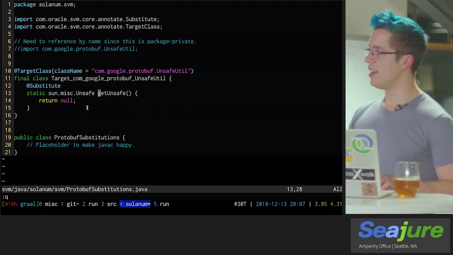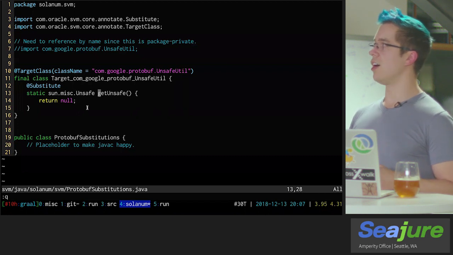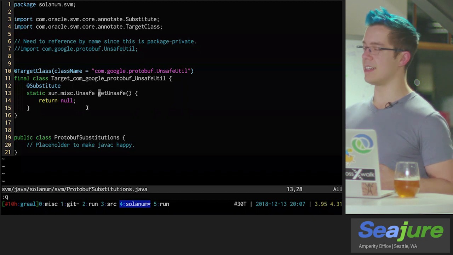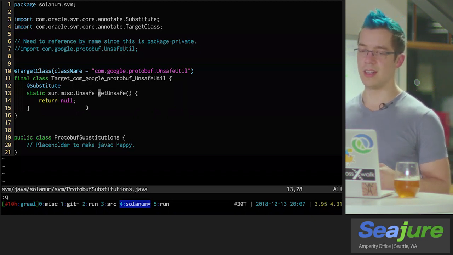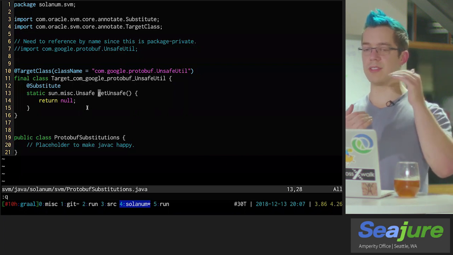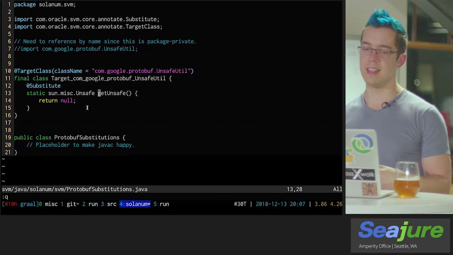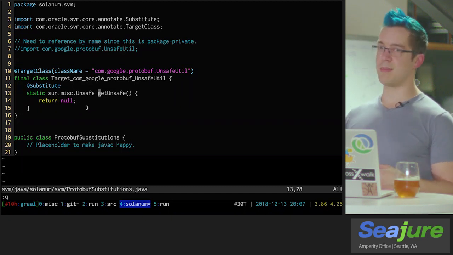It could see, oh, I know that the result of this thing is always going to be null. Therefore, all of the conditionals that checked if getUnsafe returned a truthy value now are never going to be true. So I can just elide all of the bits of code that would have potentially been called and made an unsafe access. This turned out to be a lot easier than patching everything else.